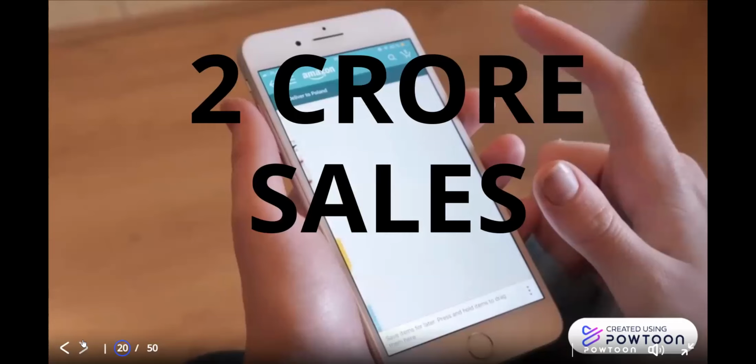What about one day? Could you people please calculate? 24 hours multiplied by 120. Could you please tell me what the amount is? 24 hours multiplied by 120. Don't you think it is almost 2,880 crore? 3,000 crores of sales will be done on Amazon in one day. That's the reason he is the richest person in the world.